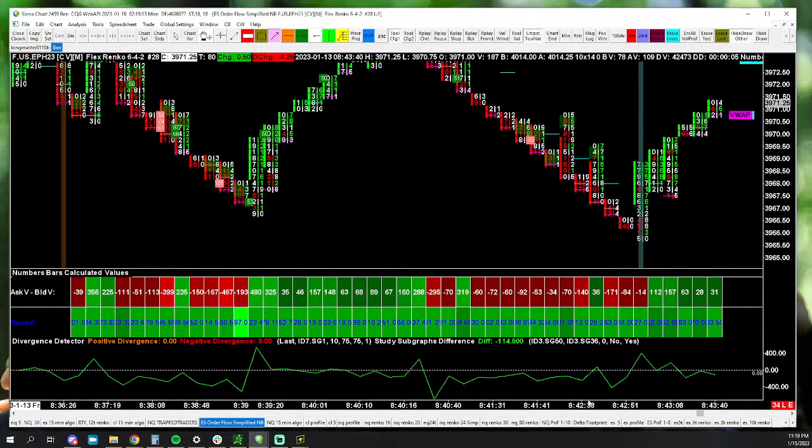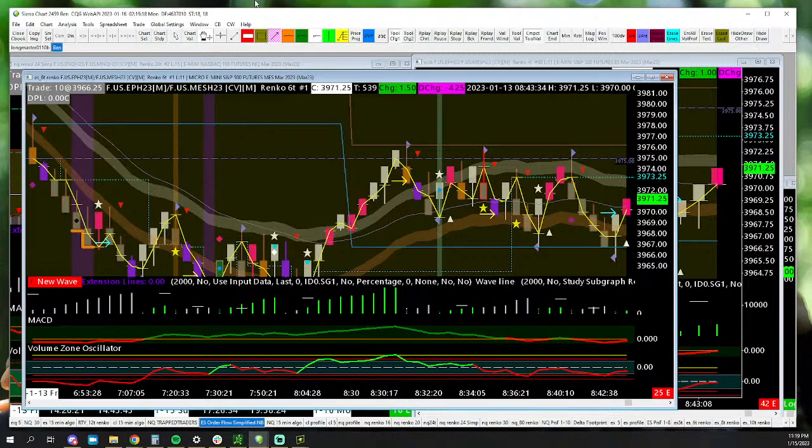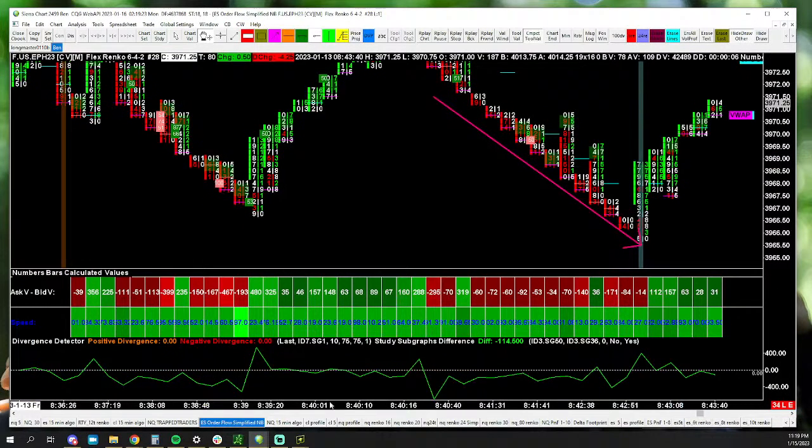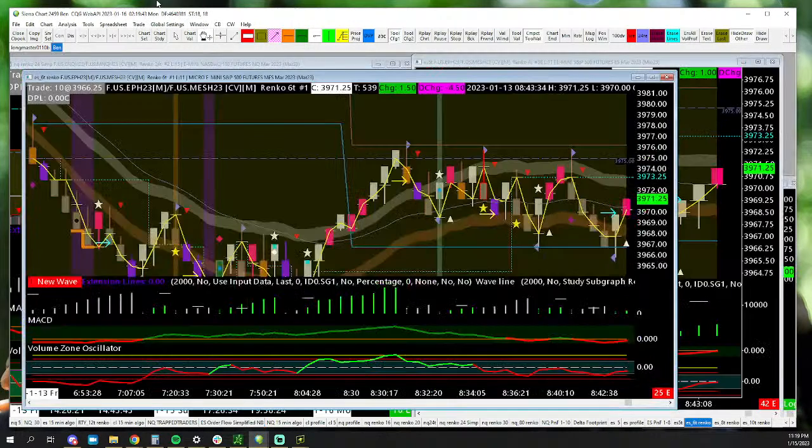Again, I'm making this more complicated than it needs to be. But what you'll see is if you waited, I believe this is the same. Let me just double check that. Yeah. If you waited here, if we were looking at the exact same information here, what did you get? Right there. You got a higher high, right? Higher high. And then you got your zero line to hold as support, right? So you could use the indicator to find it too. That's okay. Or you can just wait for the pattern.